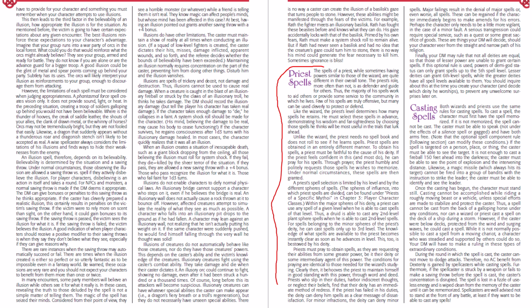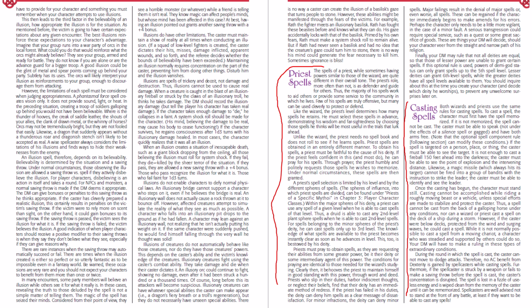Now, we also must remember that a priest's wisdom may grant them additional bonus spells. If your wisdom is 13 or higher, you gain bonus spells, but those bonus spells are only available to a priest when the priest is able to cast a spell of that level. And you must also have a minimum wisdom to cast certain levels of priest spells. If your wisdom is not equal to the minimum required for those levels of spells, then you cannot cast those spells. Okay then, let's talk about casting spells itself.